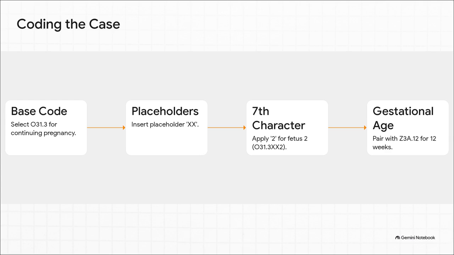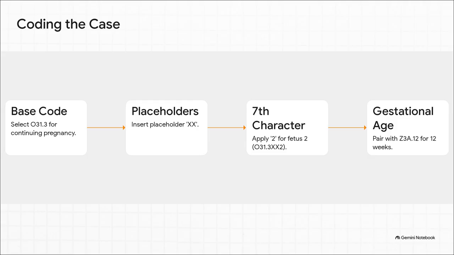Step 1. The condition is a continuing pregnancy after an elective fetal reduction, so that points us directly to base code O31.3. Step 2. Because we desperately need that 7th character, and O31.3 is only 4 characters long, we insert 2 placeholder X characters to fill up the 5th and 6th spaces. Step 3. The documentation explicitly tells us the reduction was performed on fetus 2, so we apply the 7th character 2. That gives us our completed primary code,